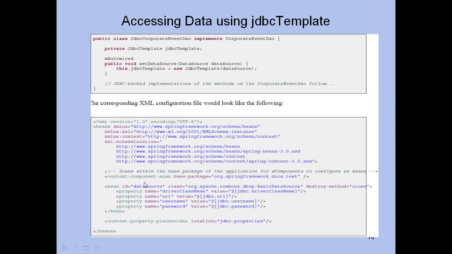Now here we are using a feature of Spring called component scanning. What this does is define the package where annotations are available, using the element context colon component scan and the base package. So it looks for all the classes and methods within that package.